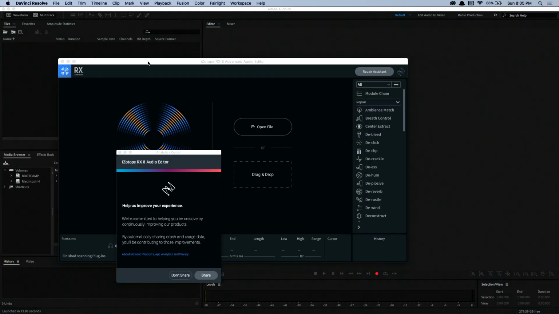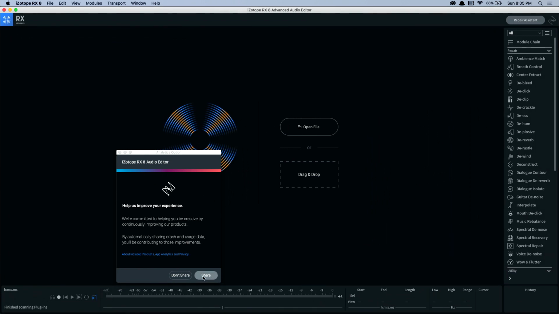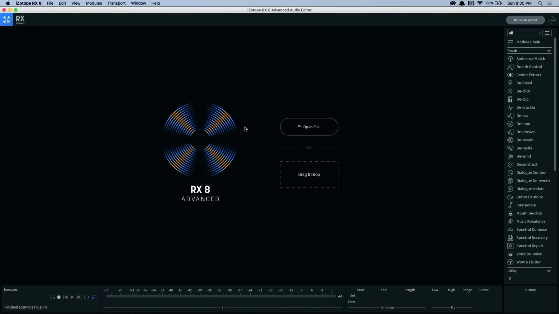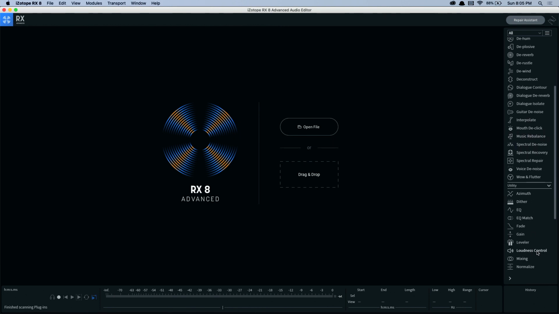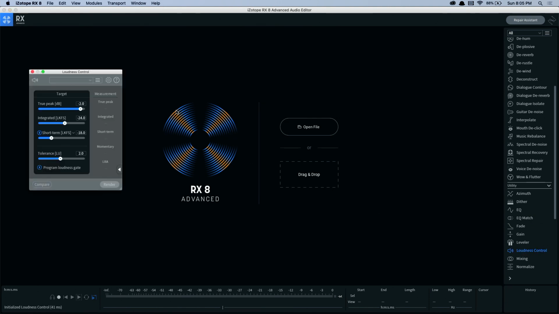Okay, here is RX8. All right. So a couple of things that are kind of interesting. First of all, the loudness module, which is actually down here, loudness control. Oops, there it is. We'll come back to this and look at it in a little bit more detail, but